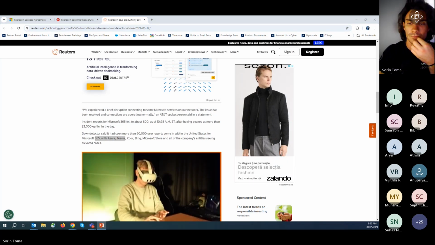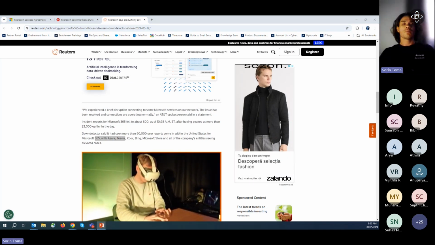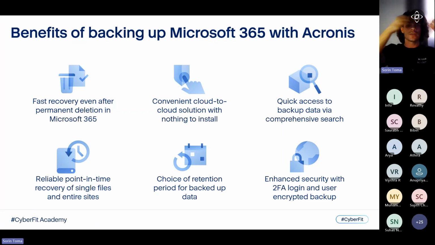Now, why Acronis backup in detriment of any other vendor? First of all, I was mentioning the deployment models: at any point in time you can choose Acronis data centers for storing the backups. You can choose third-party public cloud vendors. You can choose on-premise. It's up to you. But from the moment you choose to retain the backups with Acronis, you'll get first of